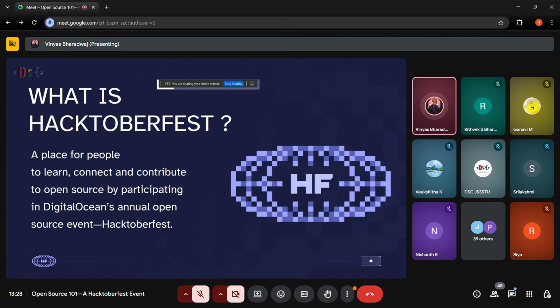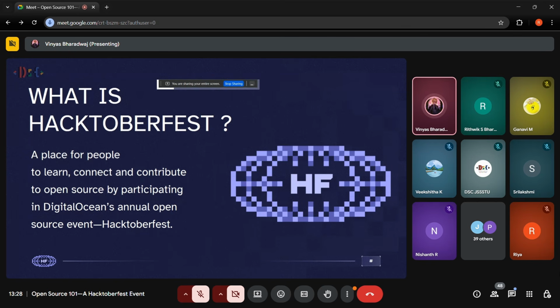Since the majority of you are from a tech background, I'm pretty sure you are familiar with a company called DigitalOcean. It's a pretty massive company. It's a cloud service provider, which basically lets you host all of your applications on the cloud. DigitalOcean is used by even bigger companies like GitHub itself and even Shopify. They use DigitalOcean to host their services.